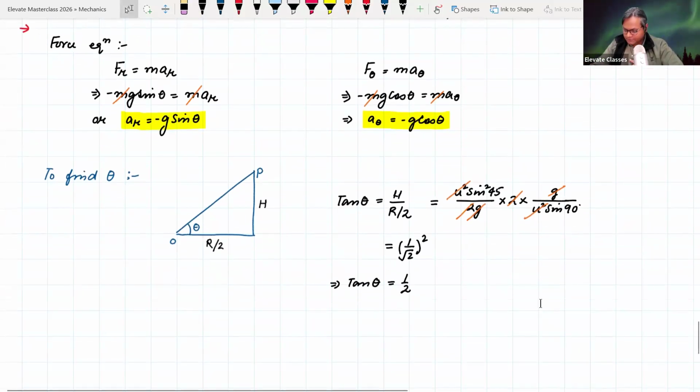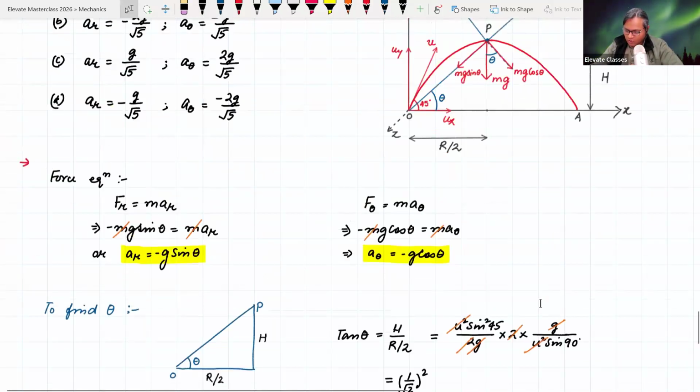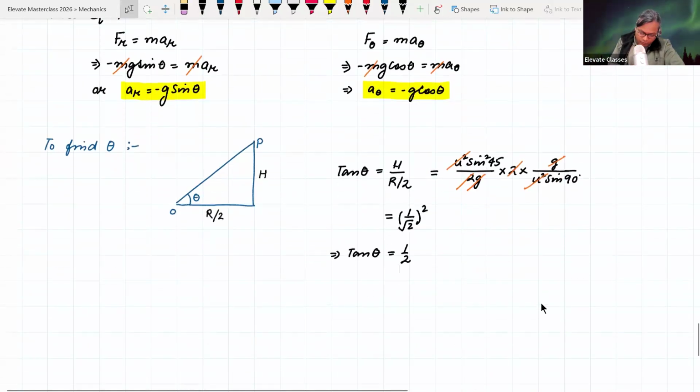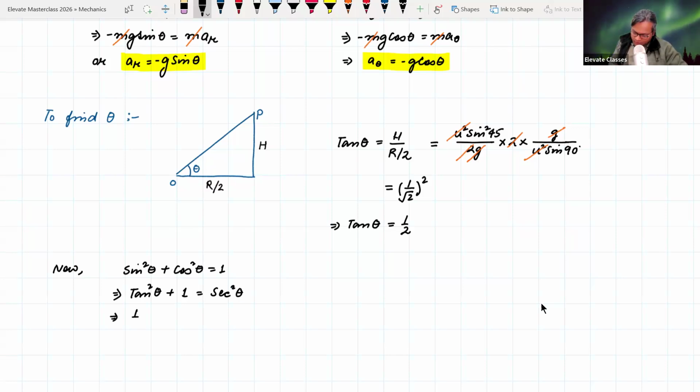तो हमें tan theta तो मिल गया, लेकिन sin theta और cos theta नहीं मिला ना. Sin theta cos theta क्या होगा? Now what we can do is we can simply do some trigonometric calculations to find out what sin theta and cos theta are. So let's start with sin square theta plus cos square theta is equal to 1. This can be written as, if I divide the whole thing by cos square theta, this becomes tan square theta plus 1 is equal to sec square theta, which becomes tan square theta is 1 upon 4